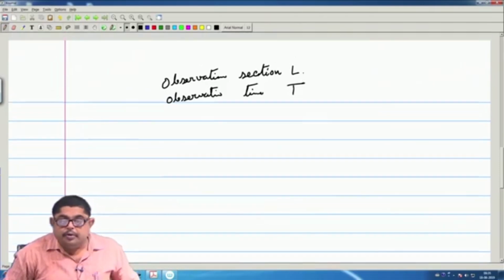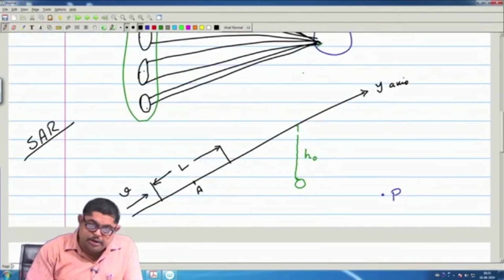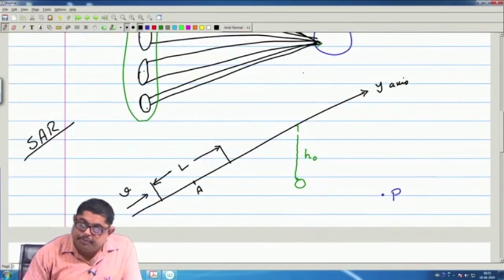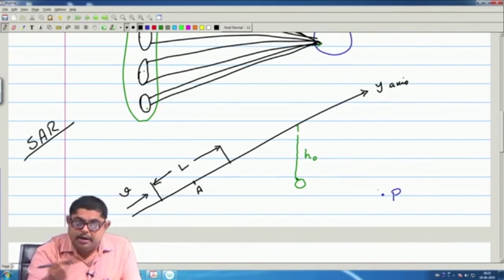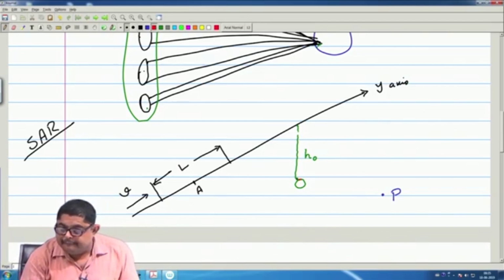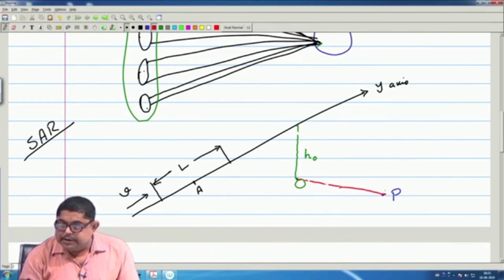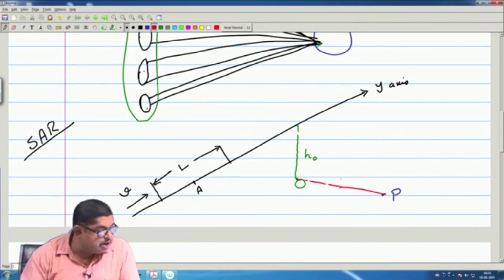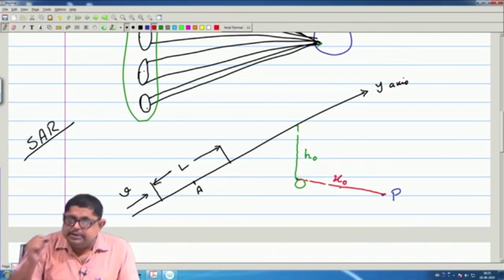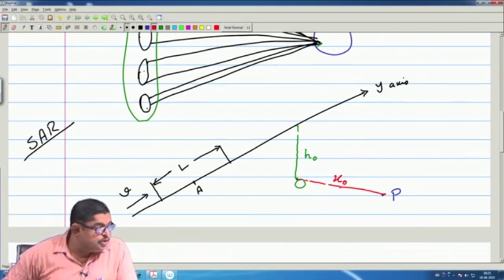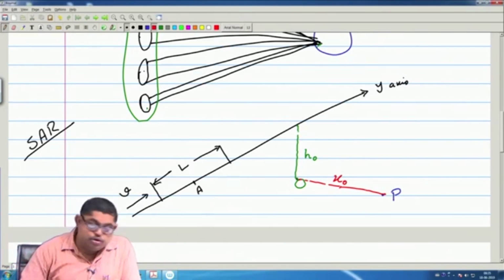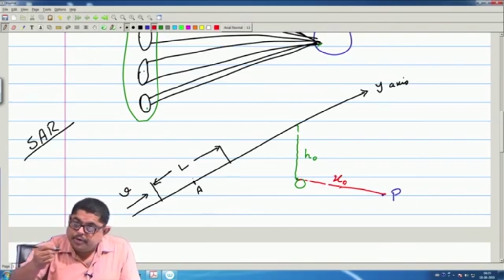Now, let me give some more information about this, from origin to P. I can say this is my x axis, this is y axis, perpendicular to that there will be x axis, let that be x naught, and so A, this